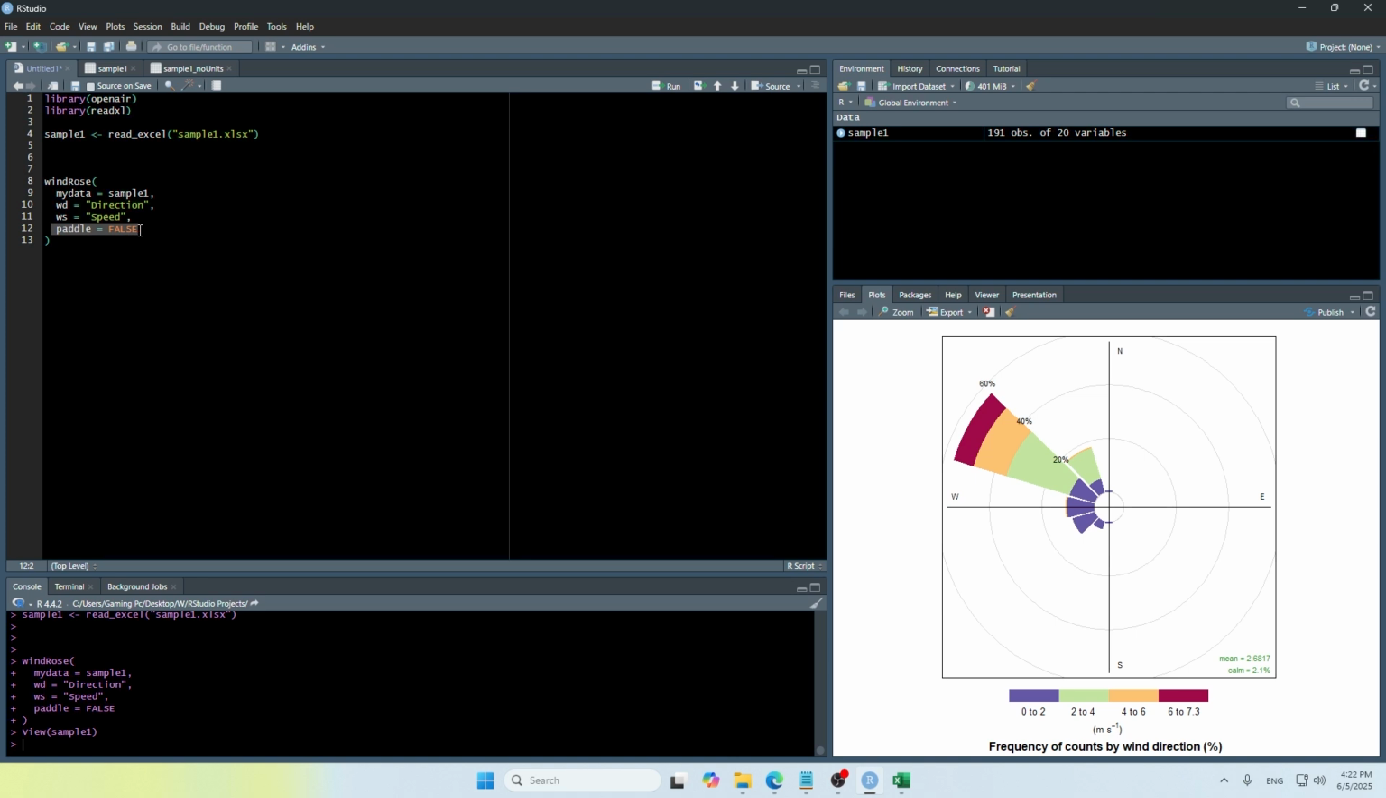But if you want to make a pollution rose, that's also just as straightforward. We're going to use a different function. So instead of windRose, we'll replace this with pollutionRose. The mydata argument will stay, and so will wd and ws. You don't need the paddle argument here because pollution roses by default already have that turned off. You will need the pollutant argument though, and this is to tell the pollutionRose function which column to use